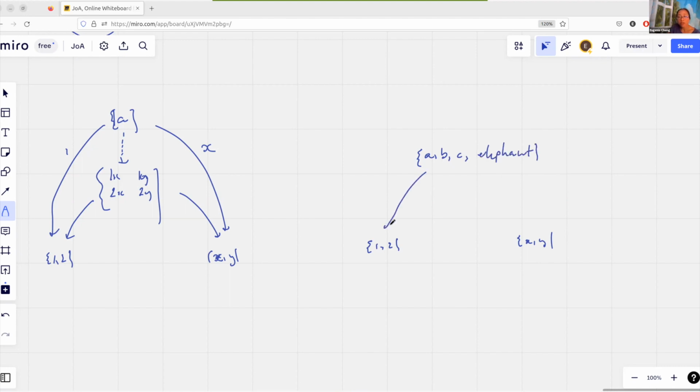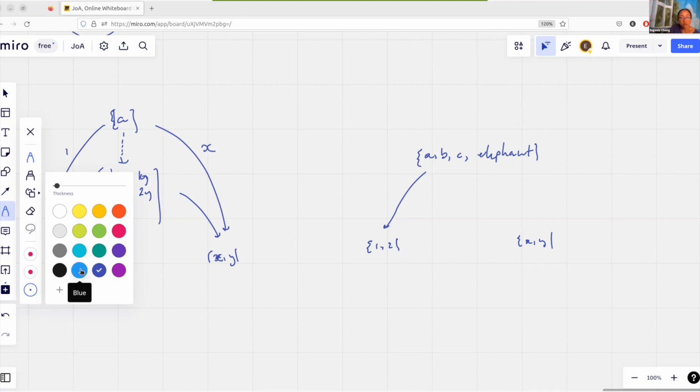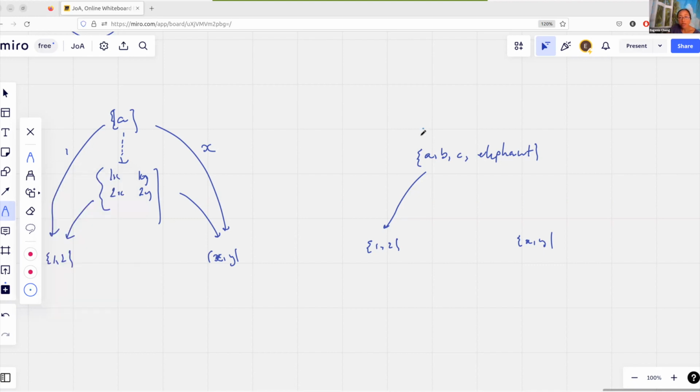As long as I declare this right, then it'll make a product. So what I need to do is kind of pretend that these were really 1x, 1y, 2x, and 2y, because what I'm really doing is making an isomorphism with that. So if I pretend that secretly that was actually 1x, this is 1y, this is 2x, and this is 2y,